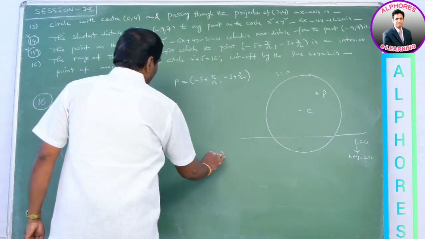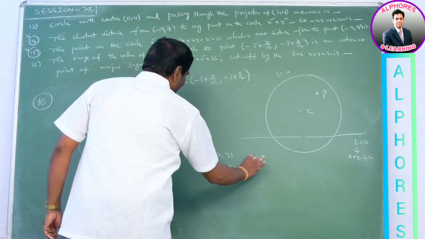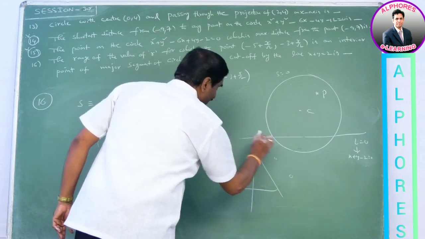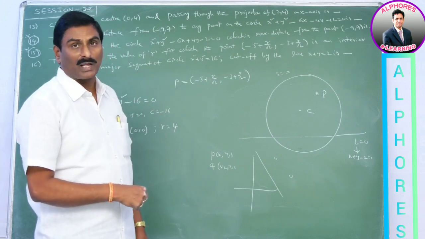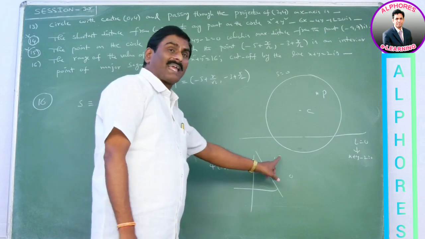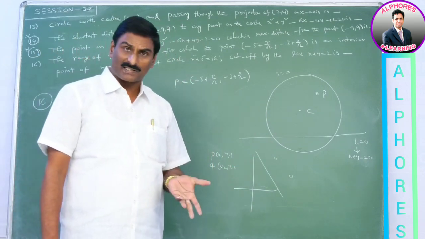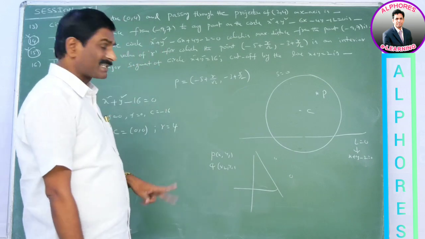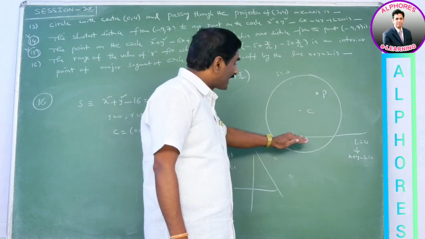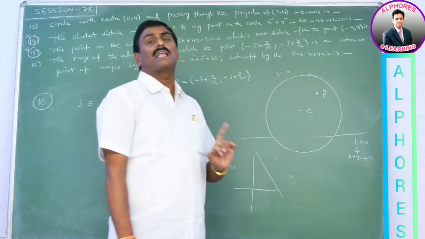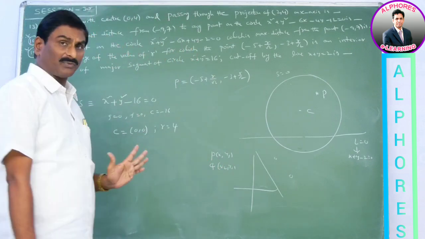If the point P (x1, y1) and the point Q (x2, y2) lie on the same side of the line, what are the conditions? L11 and L22 have the same sign. If the two points lie on either side of the line, the conditions are L11, L22 having opposite signs. Here C, P lie in the major segment, meaning these two points lie on the same side of the line L. That means L11, L22 have the same sign. By using these two conditions, we find the range of R.